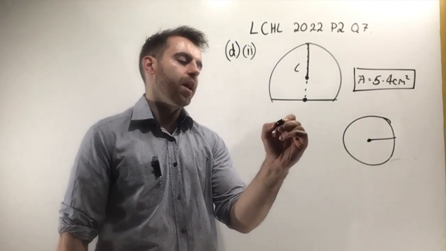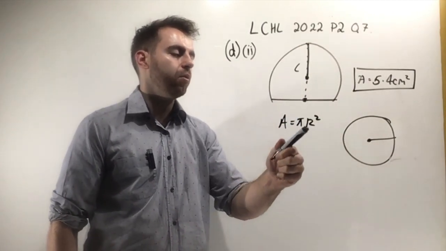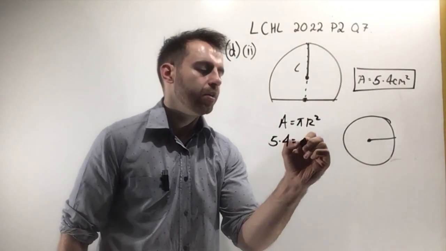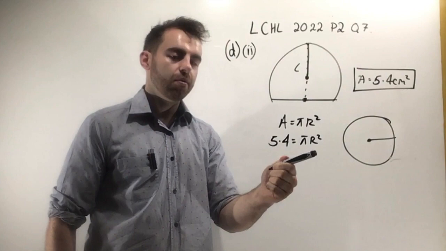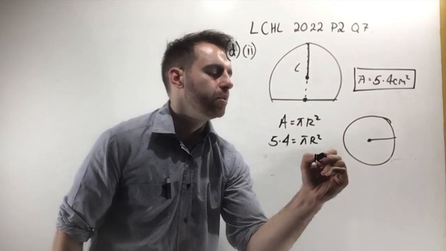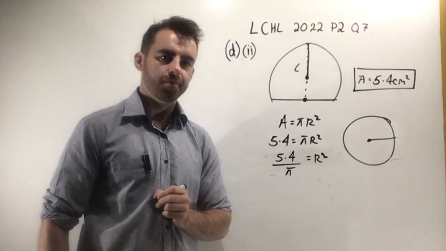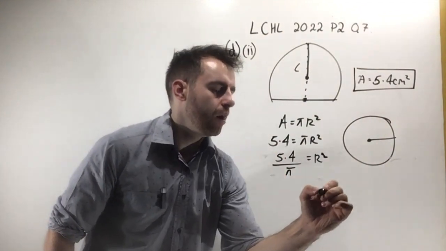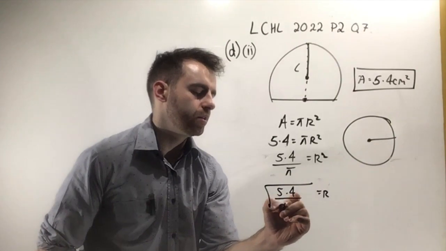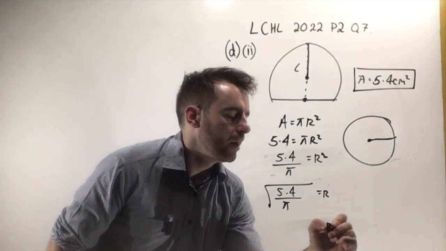So if I go to page 8 of my maths tables, it tells me the area of a circle A is equal to pi r squared. I know what A is. A is 5.4. So if I simply sub that in, I now have one equation and one unknown. In order to get r squared on its own, the first thing I would do is divide both sides by pi, and r squared is 5.4 over pi. If I know what r squared is, obviously to get r, you just get the square root of both sides. So r is the square root of 5.4 over pi. And if you plug that into your calculator, your radius works out as